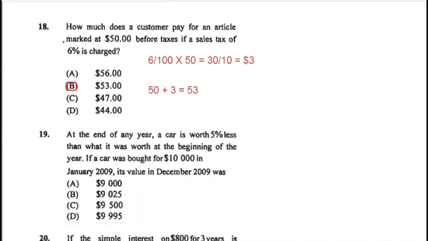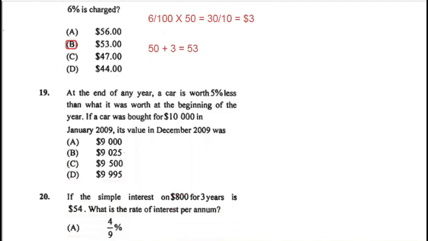19. At the end of any year, a car is worth 5% less than what it was worth at the beginning of the year. If a car was bought for $10,000 in January 2009, its value in December 2009 was, so a car initially is therefore 100%. So it's brand new, fully come off the lot, 100%. So car brand new, 100%. And the statement says a car is worth 5% less at the end of a year. That means at the end of the year, the car would be worth